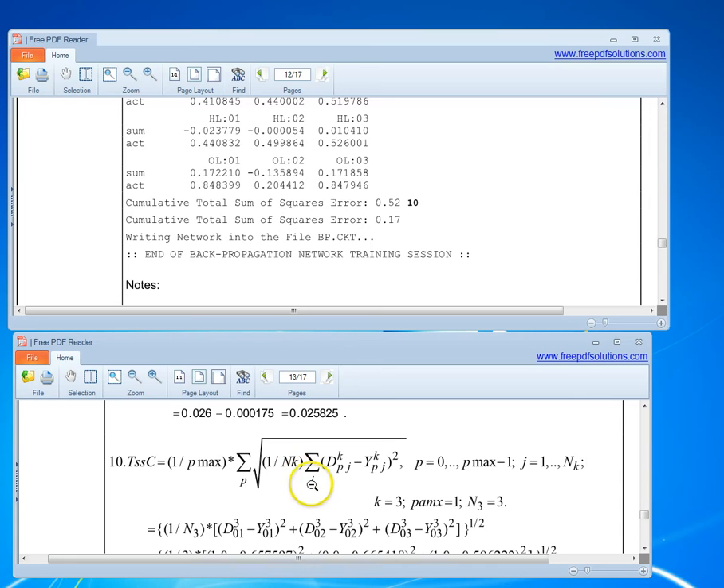Then you divide for individual patterns. It's (d minus y) squared divided by the number of elements that you have in the output layer. Remember, it's an RMS value: d minus y, square it, and then you divide by the number of elements, that gives you the mean. Then you take the square root of that, which gives you the error for one